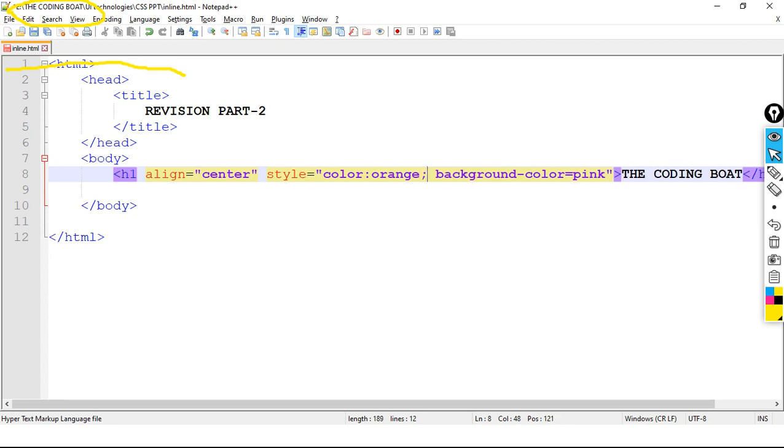Here the semicolon we require. Here the colon is required. And here one more semicolon for separation purpose.